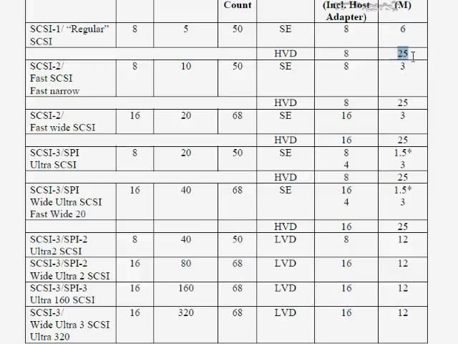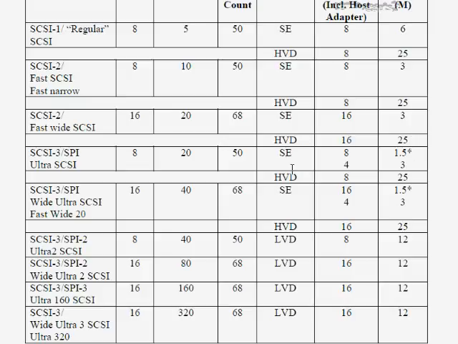One of the advantages of high voltage differential, you can see here, is a pretty long cable length at 25 meters, but that's really been mitigated now because you don't really need that anymore. High voltage differential sometimes can actually damage devices, especially if you get some of these mixed up. You can mix and match some of these, but you have to check with the vendor, and you have to be very careful about which ones you mix and match and which ones are capable of being on a certain